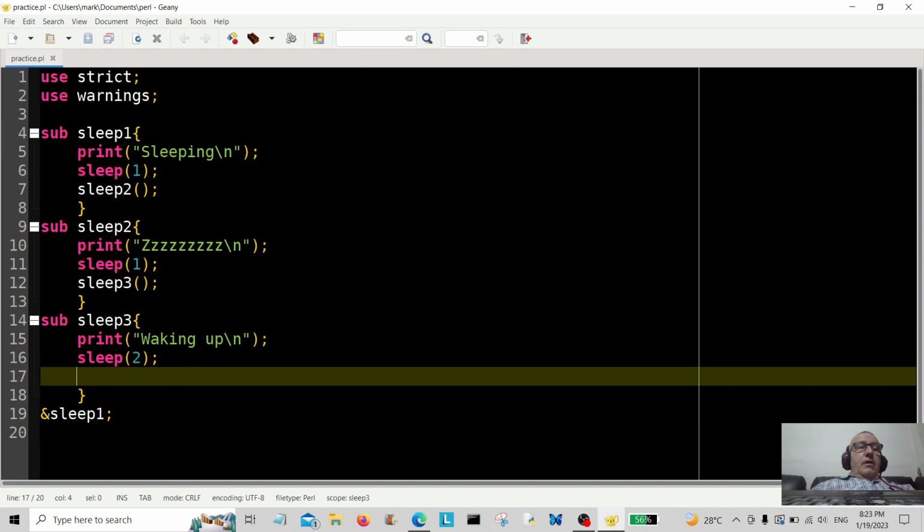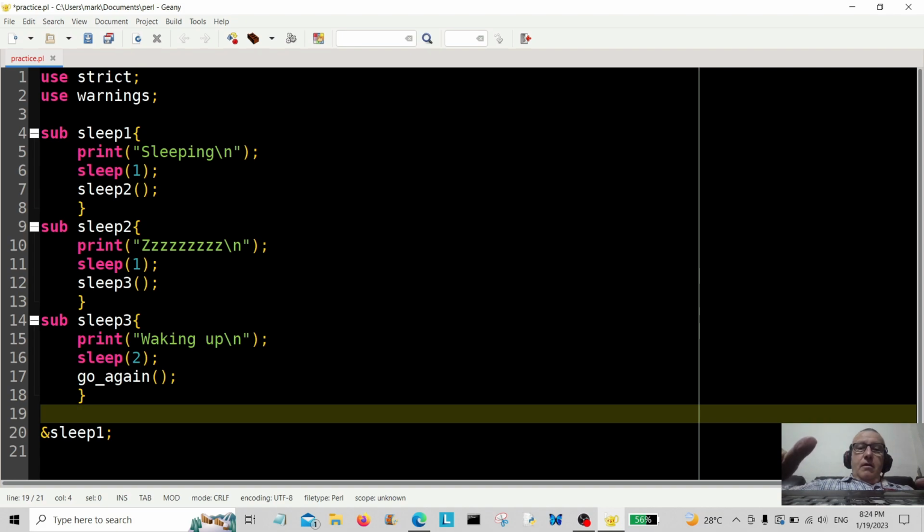Right, so we're going to create another subroutine. Say go again. So this subroutine is going to be called go again. So I'll create that right underneath here. Sub, not sun, sub go, not ho. Sub go again. Okay, so